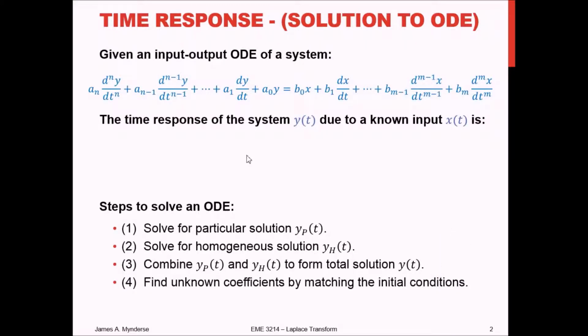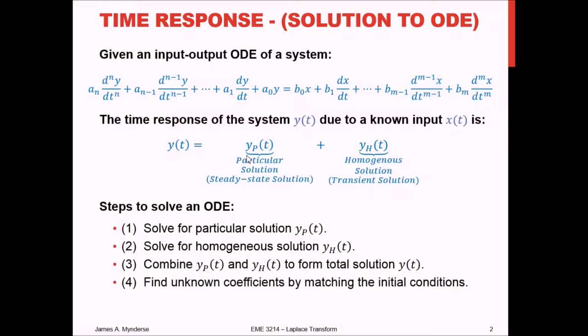So let's suppose we have a general input-output ordinary differential equation. This is what we've been trying to get. This is our model. We found out how to find these differential equations for mechanical, electrical, and fluid systems. The time response, so if I put in x of t, the y of t function that I get out will look like this. It has two parts, a particular solution, yp, that's the steady state solution, and a homogeneous solution, which is the